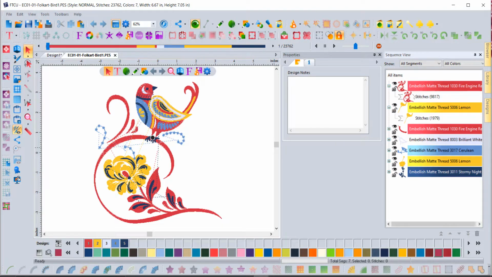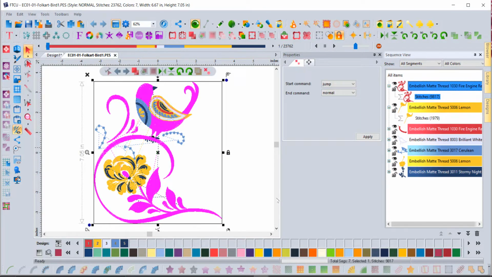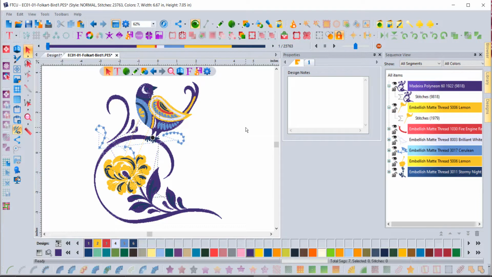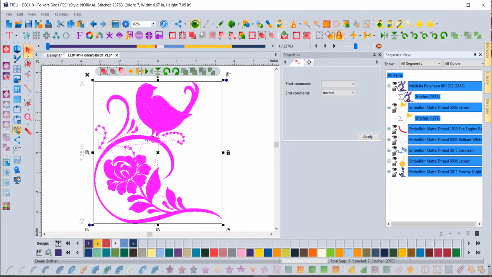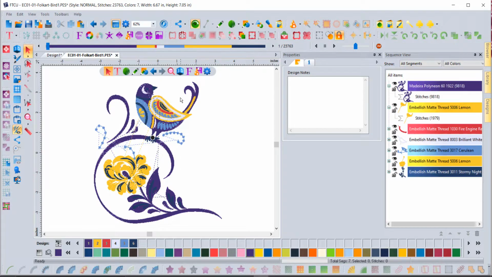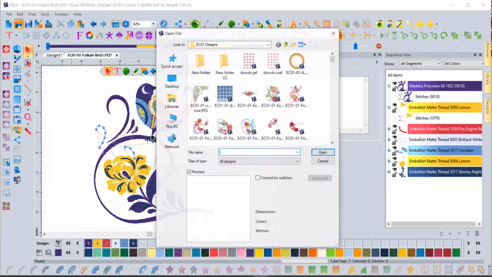And each color came in. Sure, you could select this and change the color of the stitches, but they're just stitches. And the main point here, notice that if I select all these items, I can't use the tool, right? So this is the point: Create Outlines does not work when you open your design as stitches. If you want to create outlines around a design, then when you open it, you'll need to choose this option, Convert to Outlines,